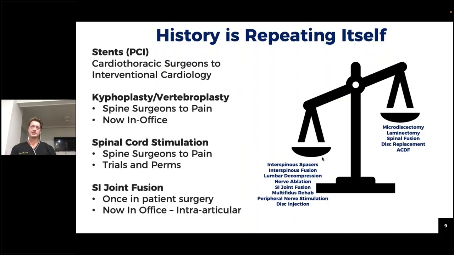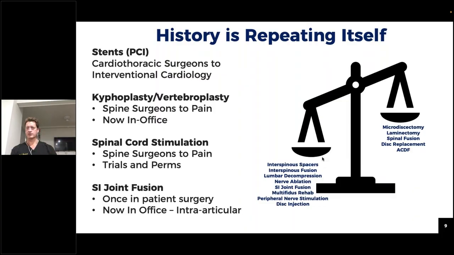It's kind of that same thing. Instead of the traditional open laminectomy plus or minus a fusion, it's been these advanced interventionalists. It's not just the pain doctors, but now a minimally invasive spine physician, if you will, that can do all these other advanced procedures, not just the epidural injections. There was the MILD procedure, the Vertiflex, as Dr. Syed had mentioned, and all these interspinous procedures that we're doing as well.